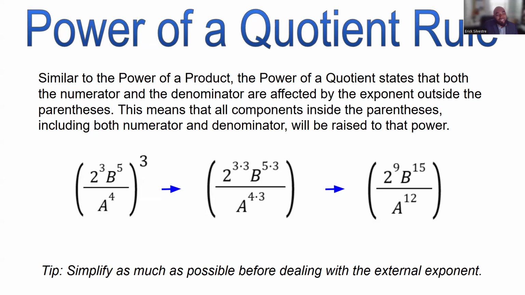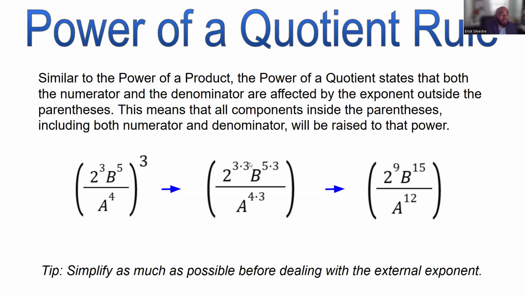If you look at this example, we have 2 to the 3rd power times B to the 5th power divided by A to the 4th power. All of that is part of my parentheses, and you have an outside exponent of 3. That means that I have to distribute 3 to every single one of these exponents inside of the parentheses, regardless if you are multiplying or dividing. So I will multiply 3 times 3, 5 times 3, and 4 times 3. We know that you have 2 raised to the 3 times 3 power,